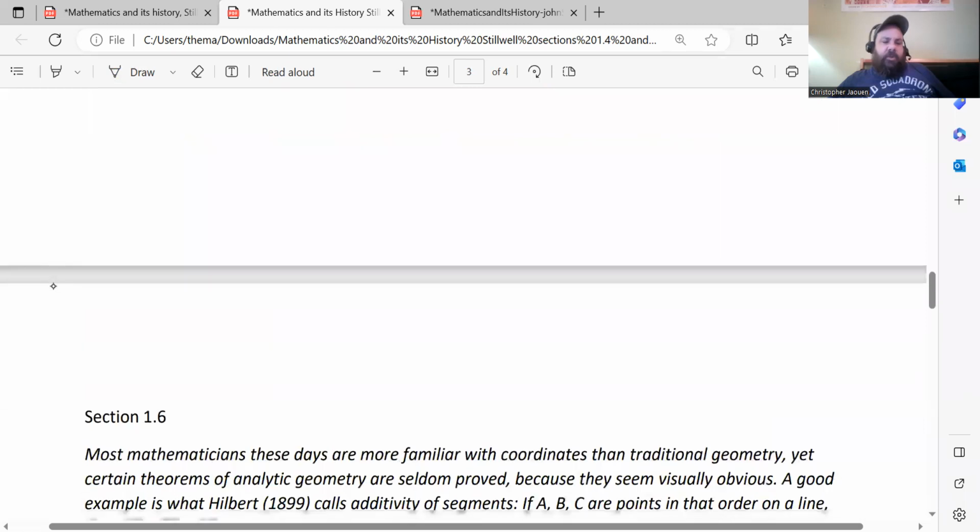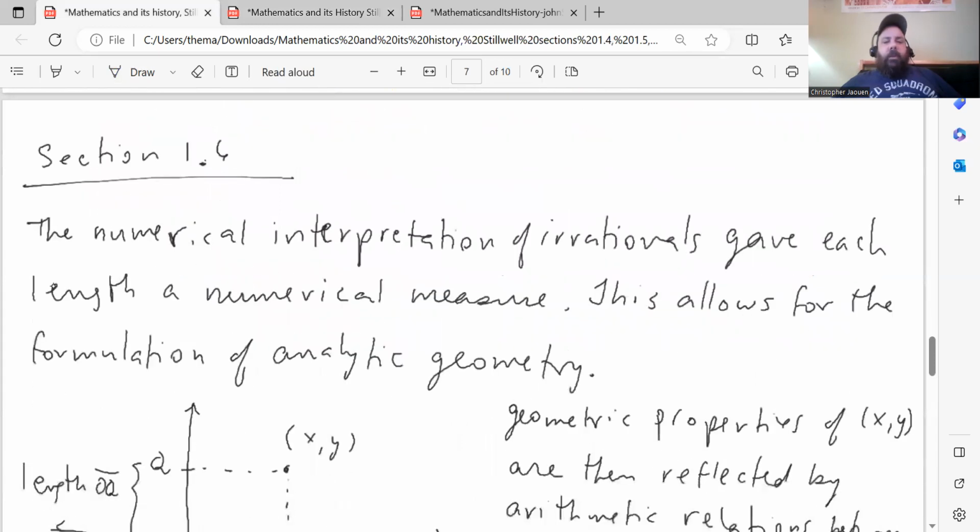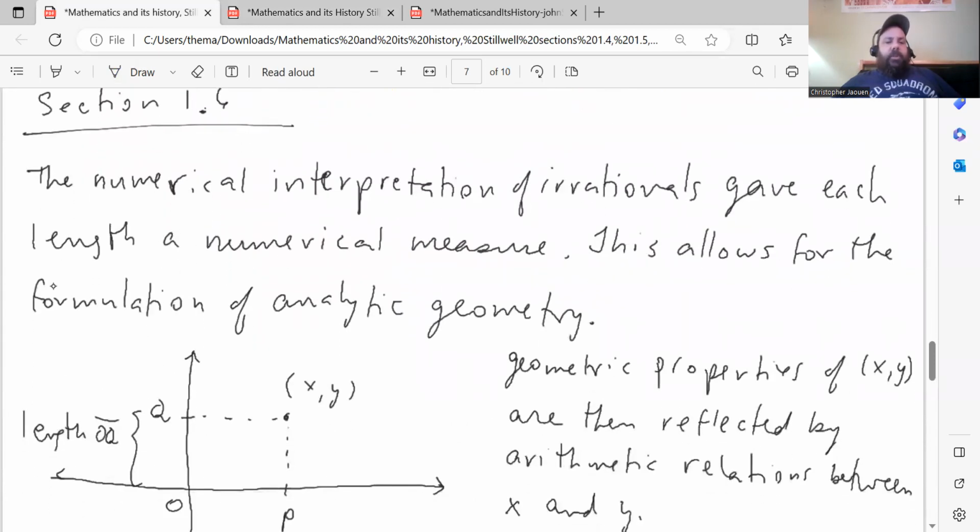And I think the next question is for 1.6. So let's actually go to section 1.6. Okay, so in section 1.6, now that Dedekind has given a foundation for the real numbers, now we